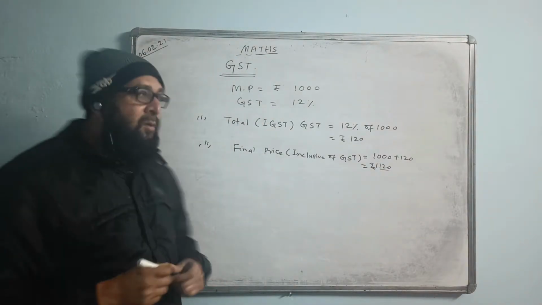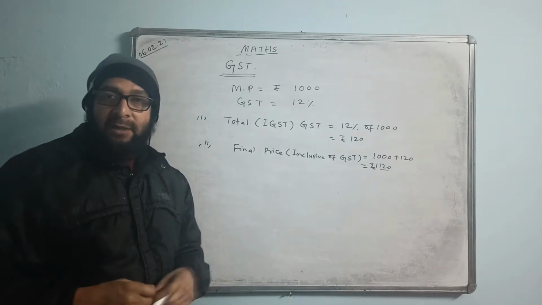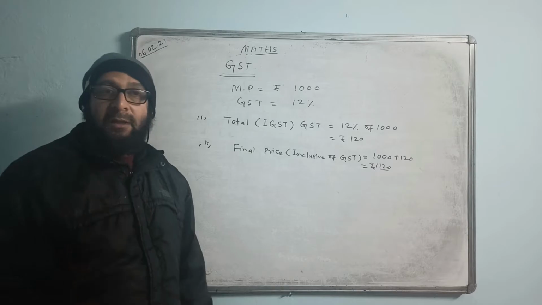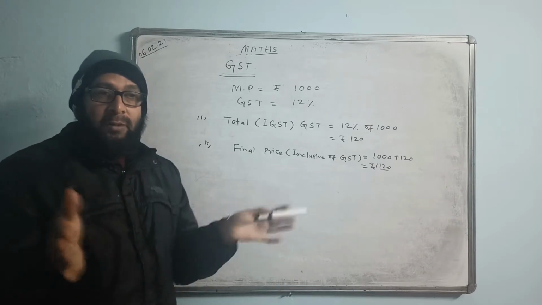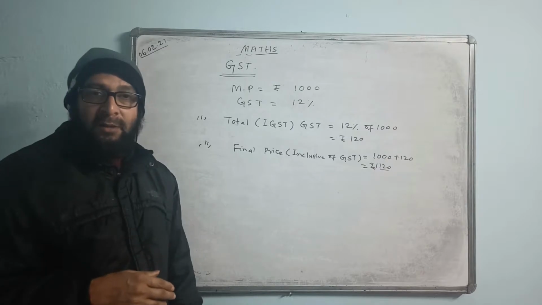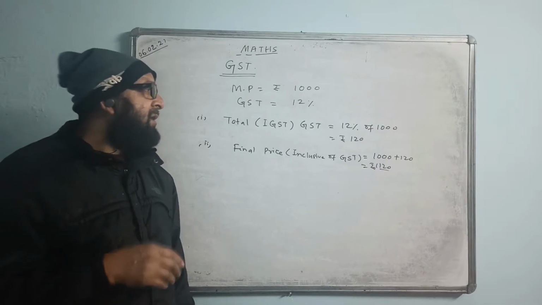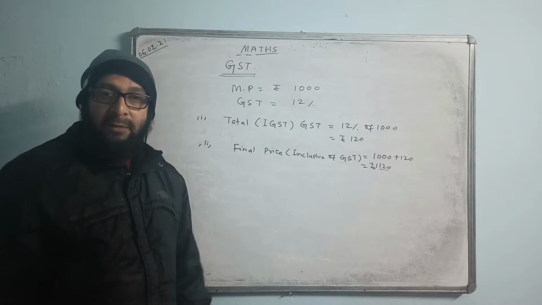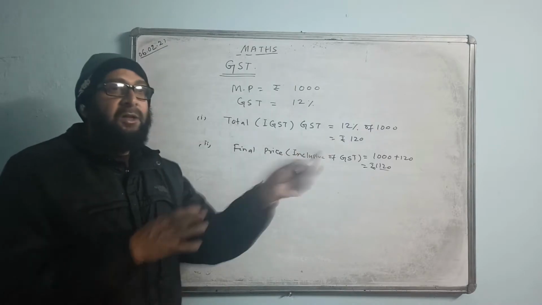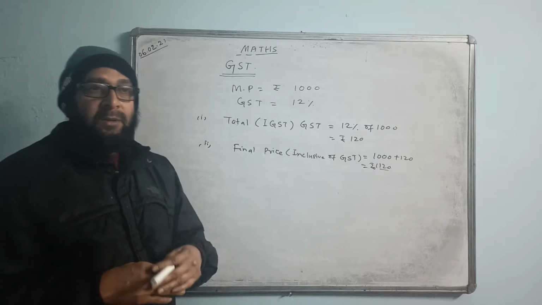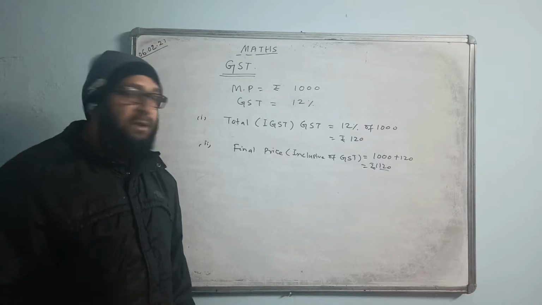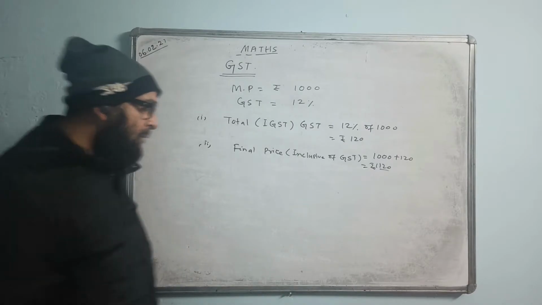Sometimes the question talks about SGST and CGST. Whatever the amount of IGST we have, the total GST, we divide equally between the state and central government. CGST is central government GST and SGST is state government GST. So you will divide equally. Whatever the integrated amount, like 60 rupees each will get. 60 rupees will be the SGST value and 60 rupees will be the CGST value.